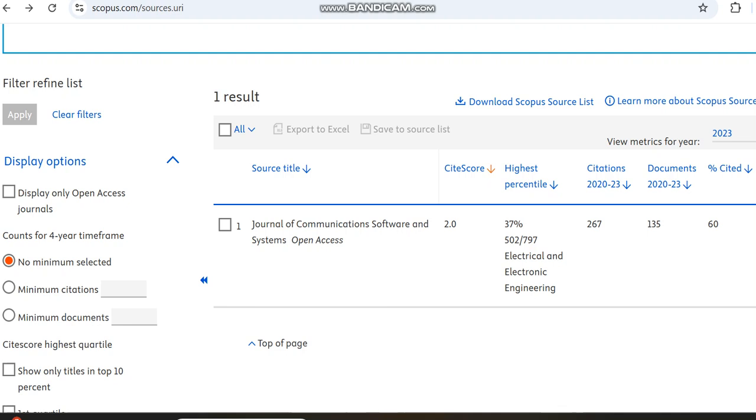Hello all, today in this video I am going to provide details regarding a journal which is indexed in Scopus and also in Web of Science. It's a paid journal. I'm just moving this journal review from the Scopus preview page and the Web of Science home page to let you know that this journal is in Scopus and also in Web of Science